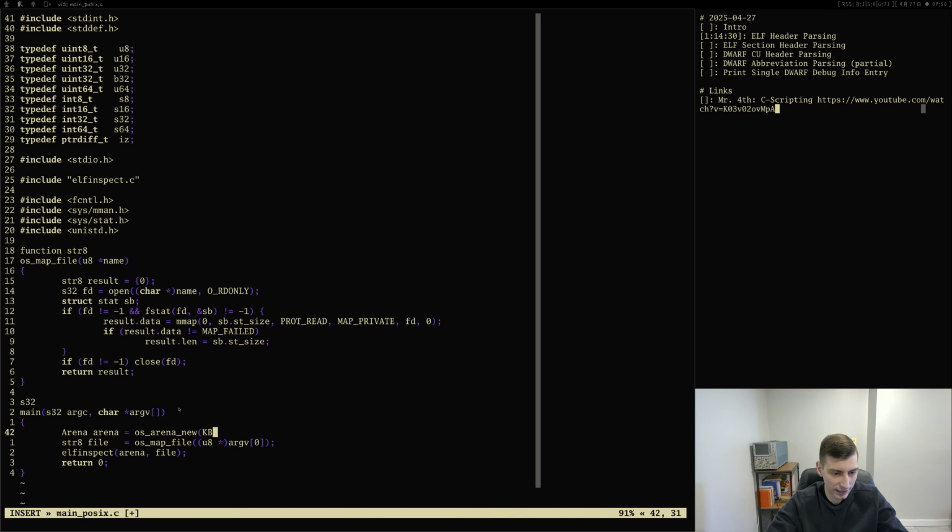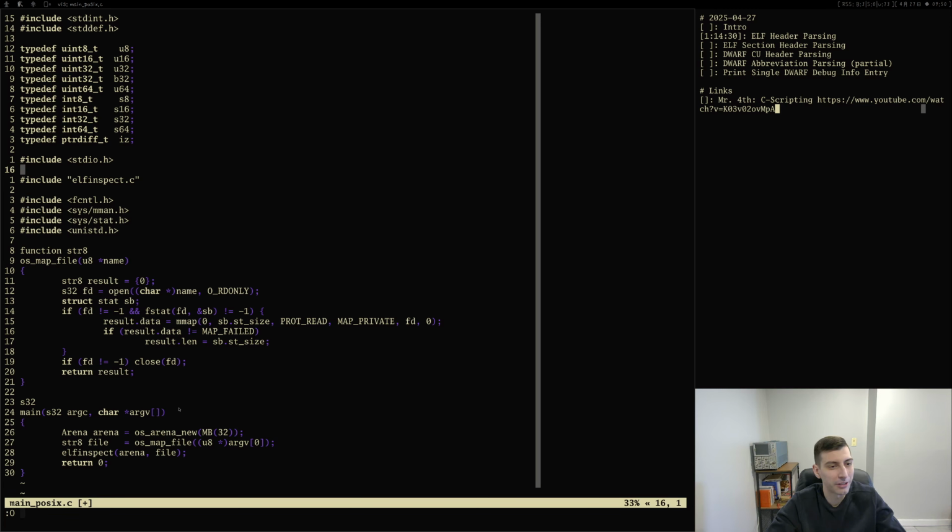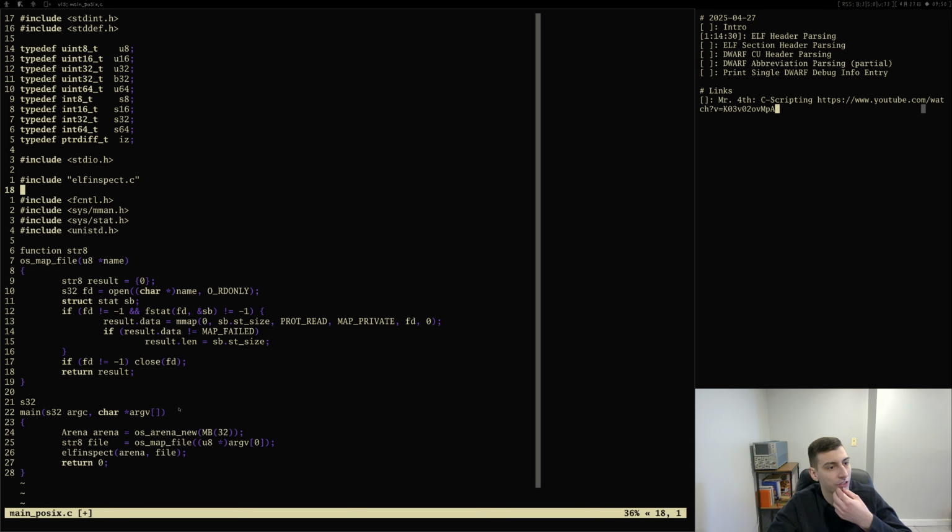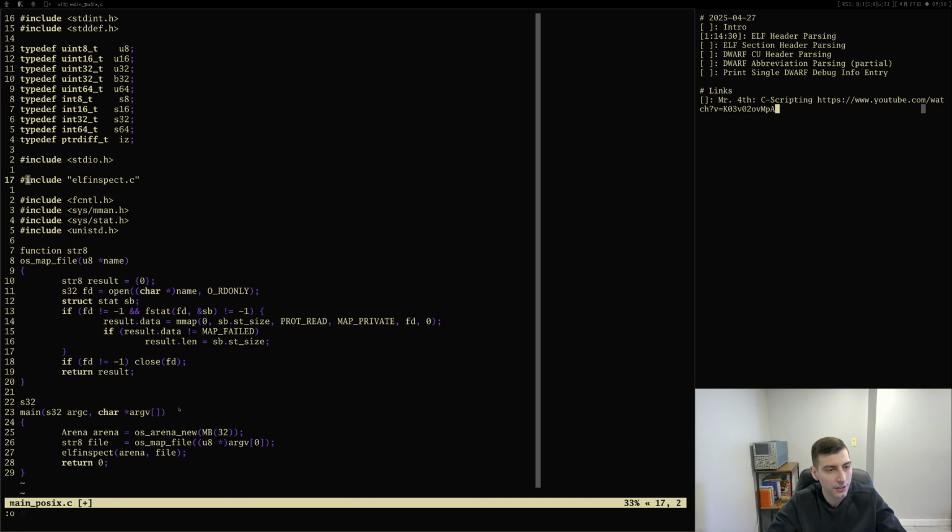We're going to pass in a size here. I'm going to have a macro, not kilobytes, we're going to do megabytes. Since we're not caring right now, we're just going to grab 32 megabytes. It doesn't matter. The system has like 64 gigs. I don't care about 32 megabytes of memory. Obviously, we can shrink this a little bit once we have a better idea of how big the tables are in the DWARF format, but